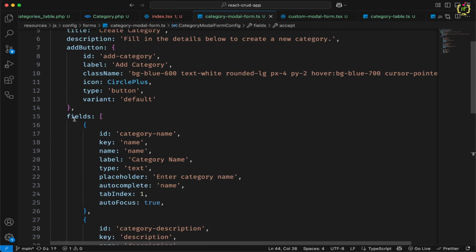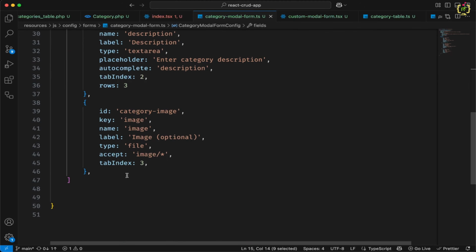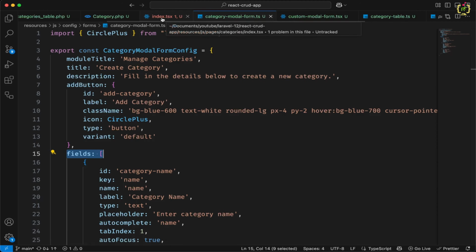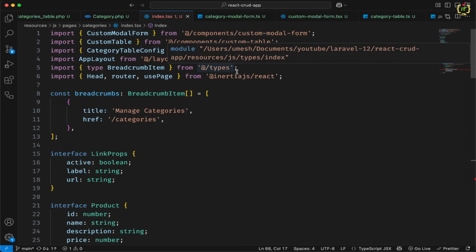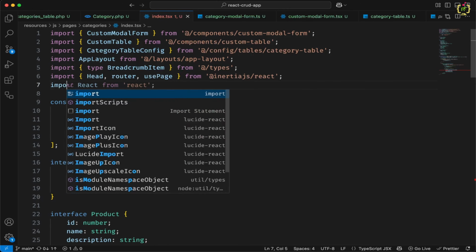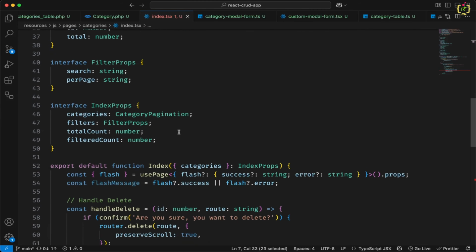So we have these form fields ready. Now regarding the buttons, I will come to this later. Firstly, let's render this modal fields. So inside the index component, at the top we will have to import that category modal form config. I will import category modal form config from this category modal form, and I'll copy it, and inside this